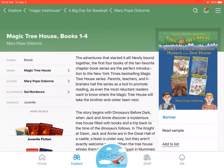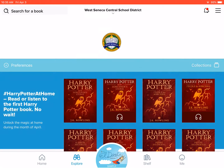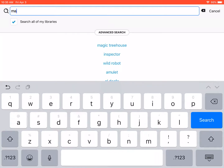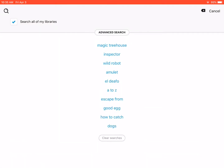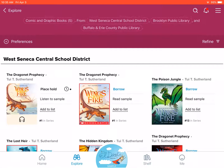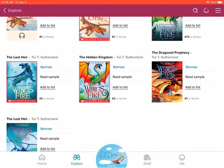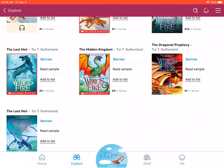All right, the next one I'm going to show you is going to be a series that has become very popular in the last 3 years. I actually own all of the chapter books and all of the graphic novels. Oops, Mrs. Warren's typing in the wrong stuff. I have to type in Wings of Fire. And I have some of my 4th graders who have literally come into library and grabbed them the minute I have purchased them off the shelf. I have audiobooks of these ones. We've got regular chapter books of these ones, but we also have the graphic novels, which means you can read